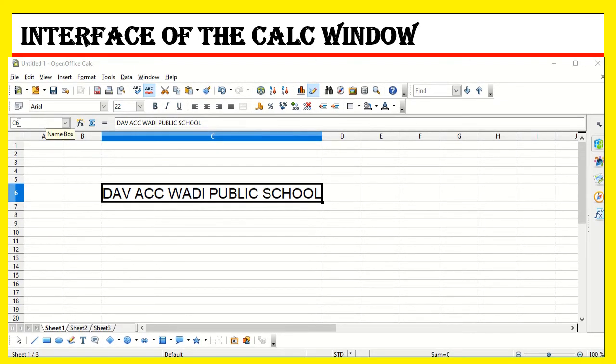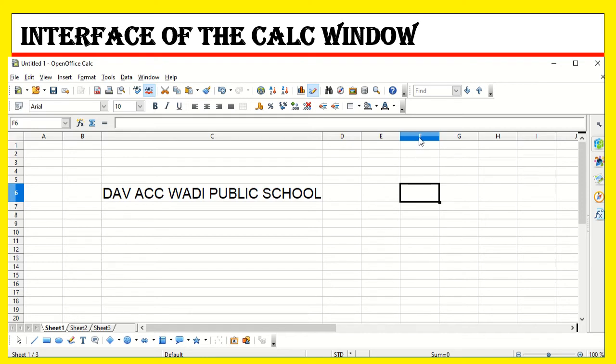Children, here you can see the name box. The name box shows the address of the current cell. We can also call this the active cell. How can you identify the address of the current cell? With the help of the column name and row number. Here the column name is C and the row number is 6. That's why in the name box you can see C6, children. So this is the address of the current cell, the address of the active cell. Now for example, I am selecting this current cell.